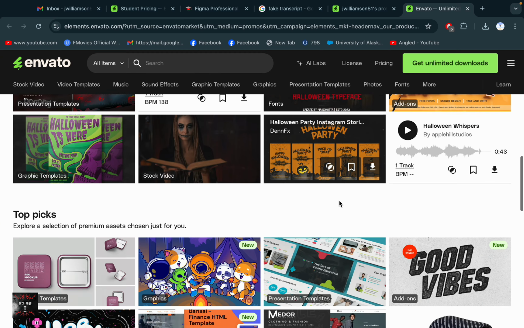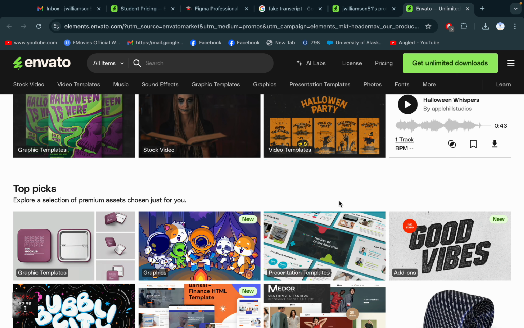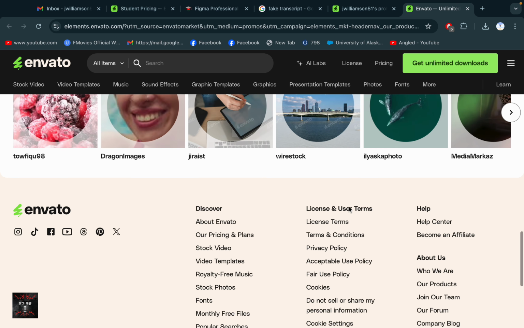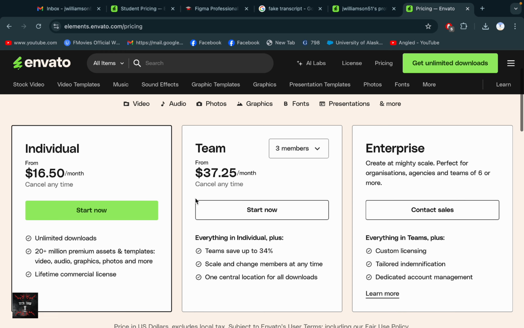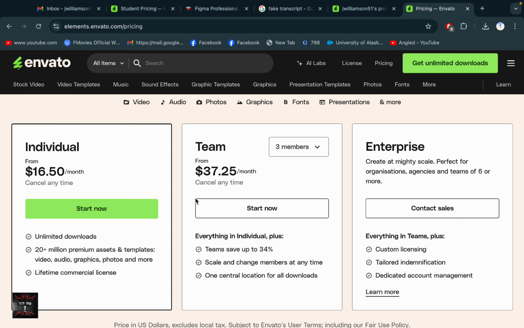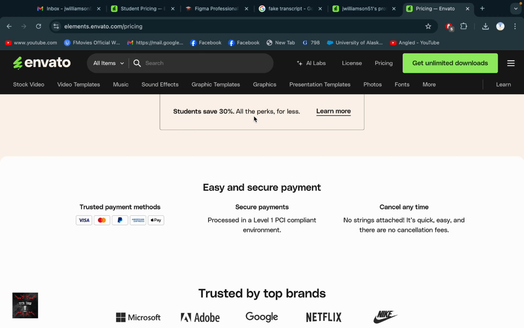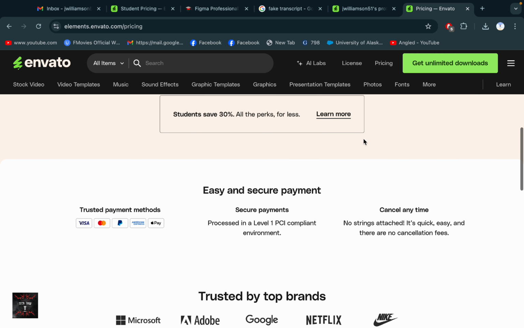And for any student, you can get a subscription to Envato. Actually we need to pay, but here is the option, the pricing. If you go there, for a normal person you need to pay almost $17 per month. If you are a student, you will get 30% off. And if you click here and learn more,